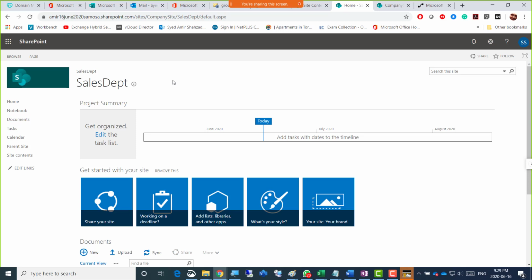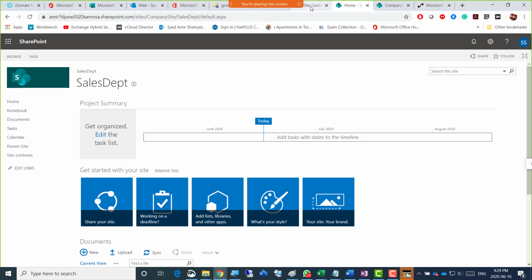Suppose there are so many departmental sites and so many links, and you click, click, click, click, and think, oh, I'm lost, where am I now? End users should stay put. If it's a sales department employee, they are supposed to just stay here instead of wandering around, going back and forth here and there. So by default, the parent site is not even there as a default link, but you can add as many links as you want here.